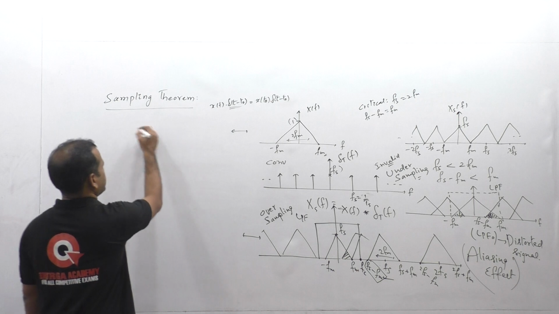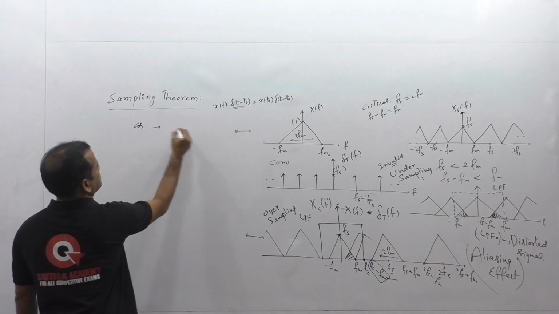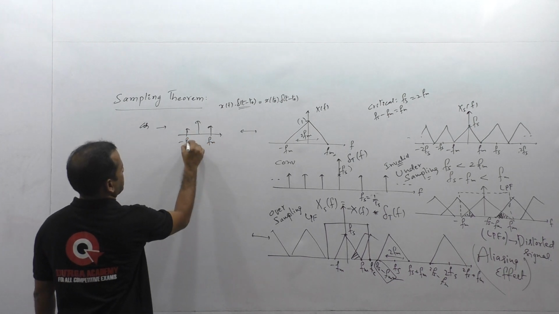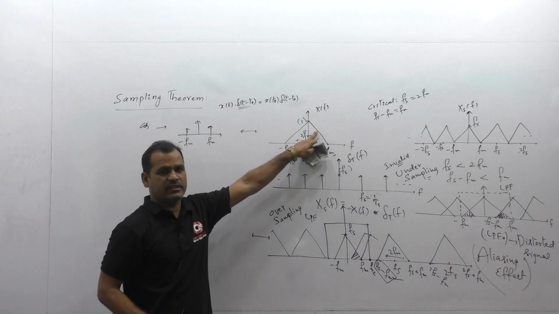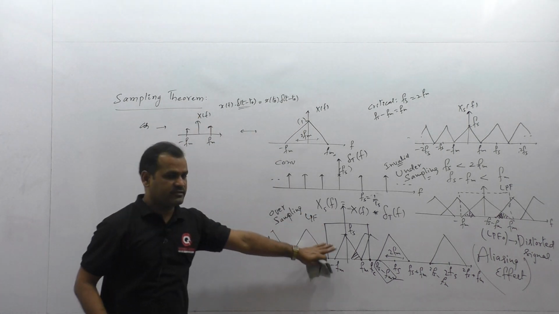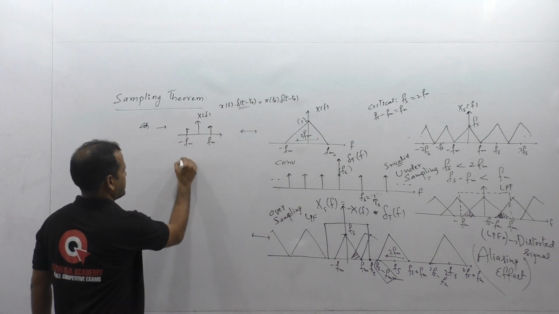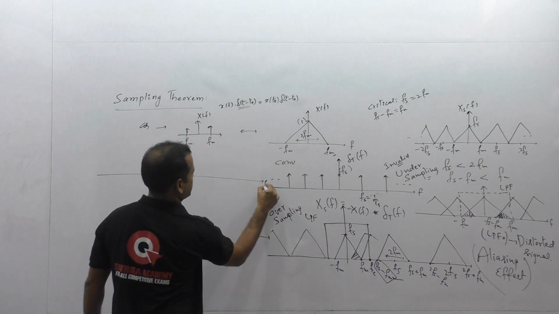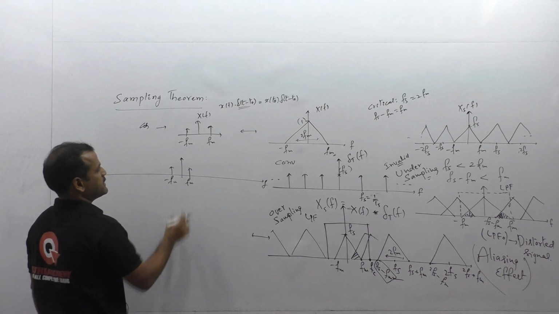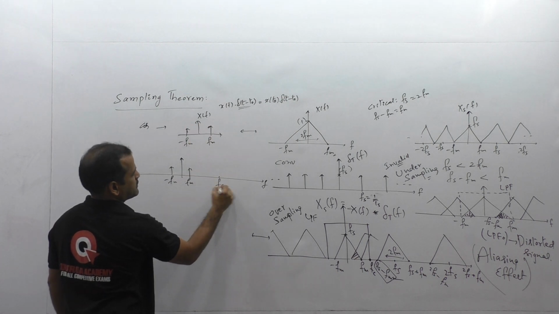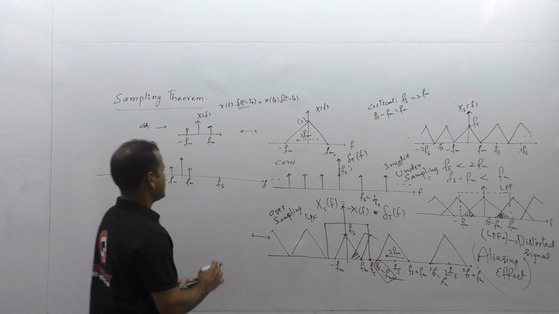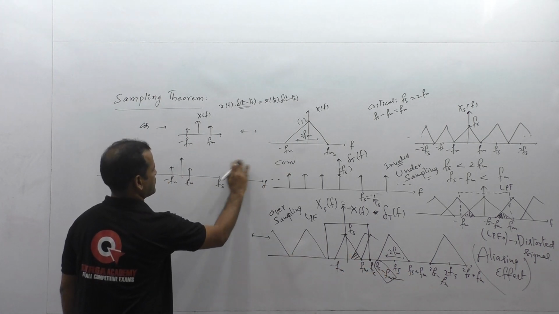For example, if I get a sine or cos signal, that will have two impulse functions like this. So this X of f is nothing but, for a cos signal, this is the spectrum. Then the corresponding sampled signal for such a cos signal should be having different frequency components like this. If you observe, first it is Fm minus Fm, and then this is shifted to Fs like this. Then we will get Fs plus Fm, Fs minus Fm components, two more delta functions.